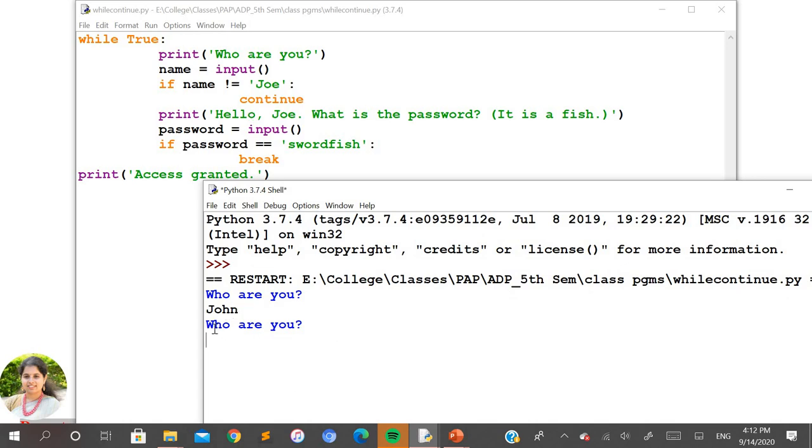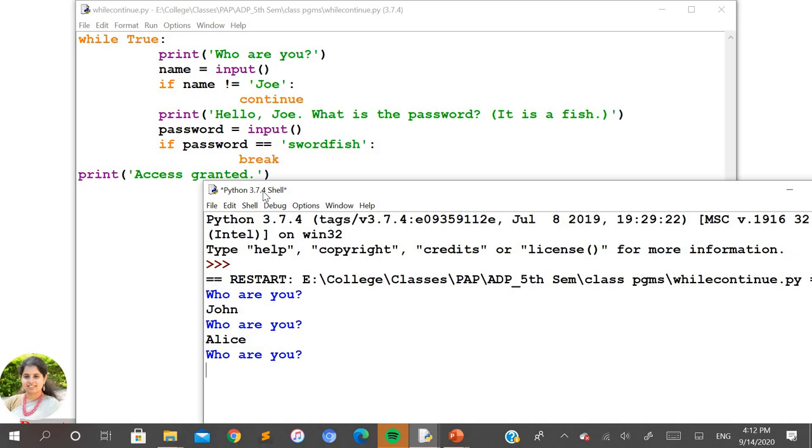Again it is asking who are you, that means it is executing from this statement. Since I have not typed Joe, where we have used the continue, it will stop the current iteration and start with the first line of the next iteration of the loop. Now I'll type another name, Alice. Again it asks who are you. Every time it starts with the first line of the next iteration of the loop.